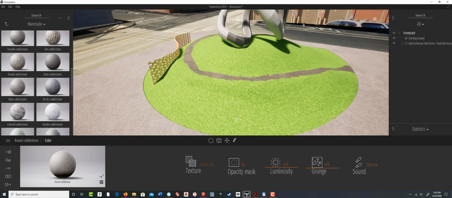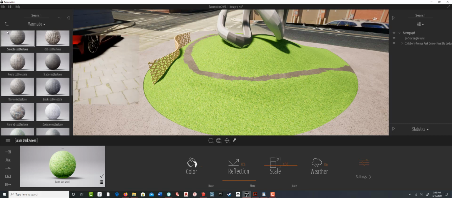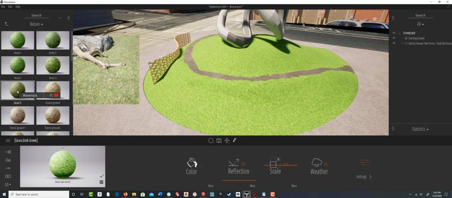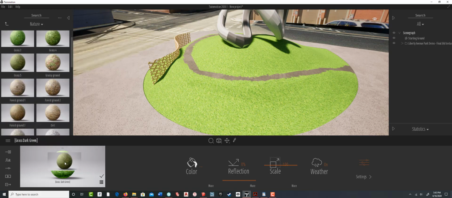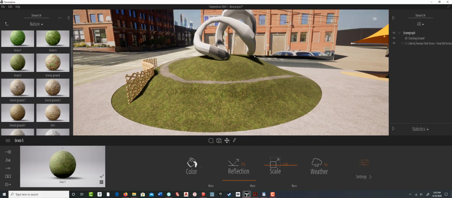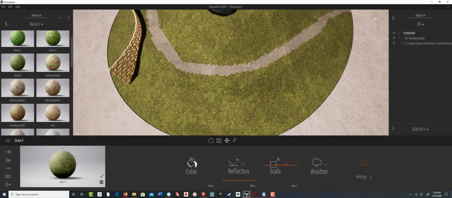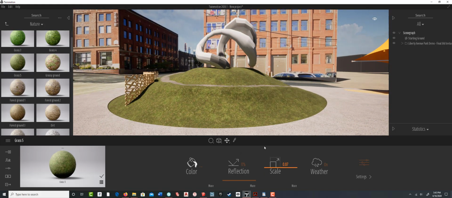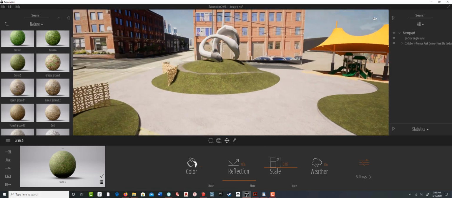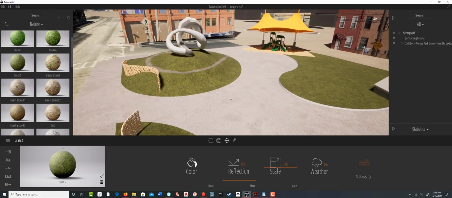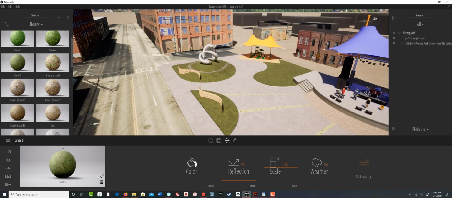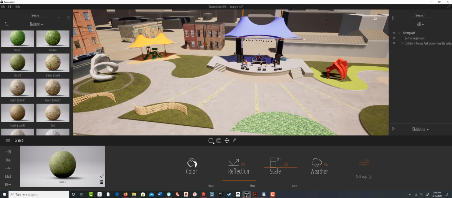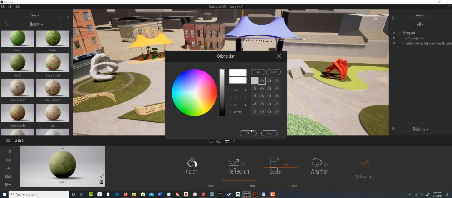let's pick up this one and go up to our nature, and maybe I'll pick this last grass, drop it on there. Again, you can see how that's mapping it on there, and again we can adjust the scale if we want to pull that down, and now it's not quite so bright and radiant, and you can see in this case it's applied that to all those surfaces. See them all as they're all one object anyway. So